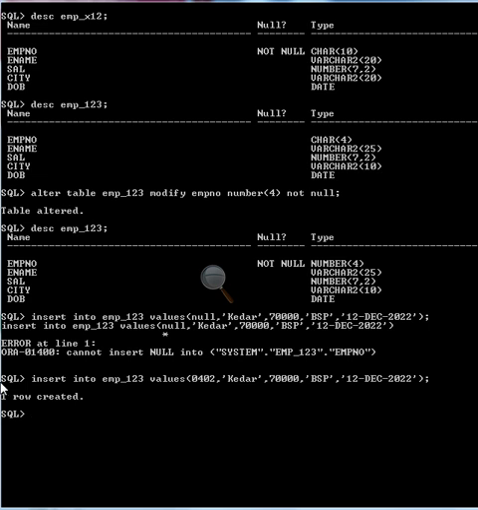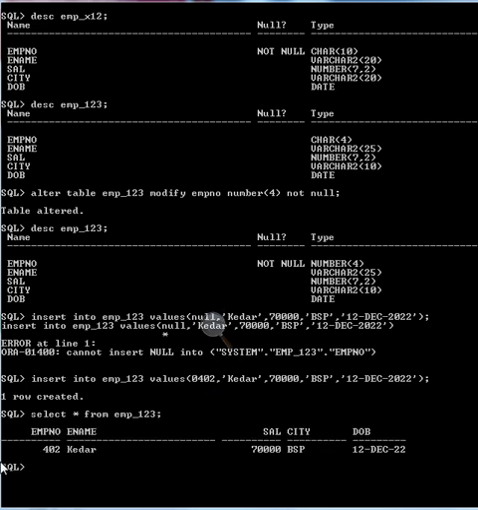If we want to see the value, we have to select star from EMP_123. Okay, so here we can see one row has been inserted successfully.